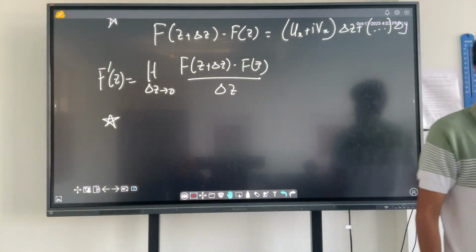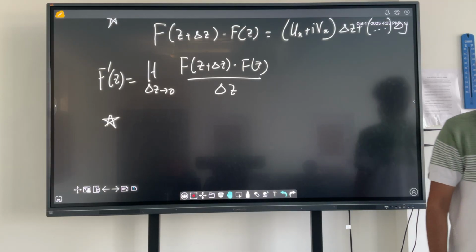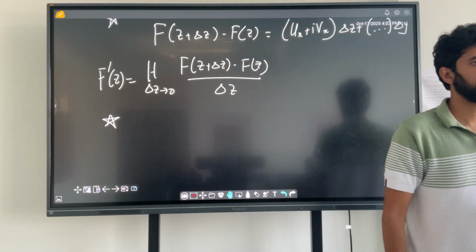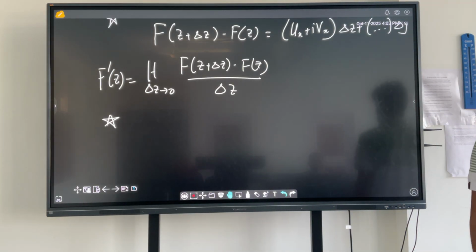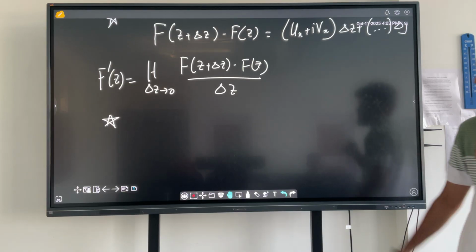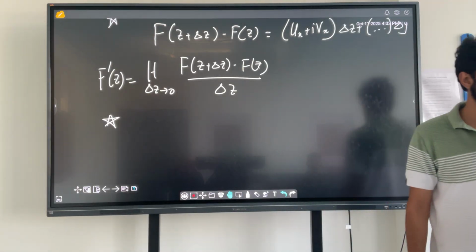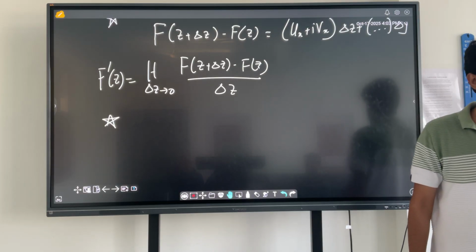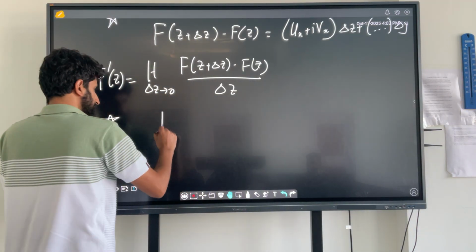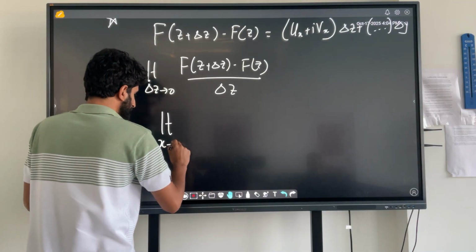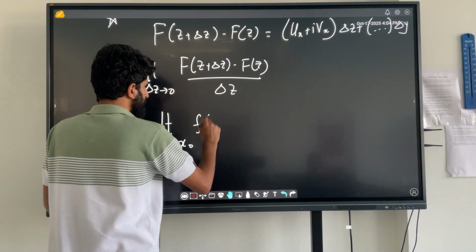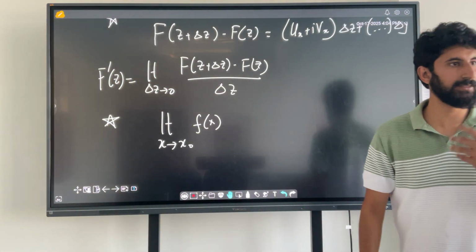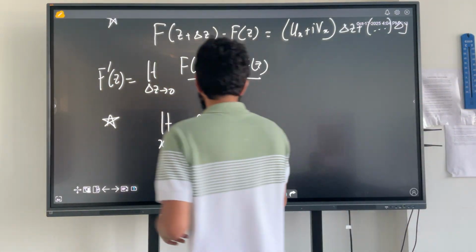Now, how did you define limits for a real function? When does this limit exist: limit x approaches x naught of f of x? When do we say this limit exists? When the left hand limit is the same as the right hand limit. So this exists only if